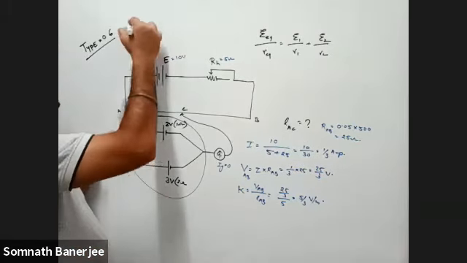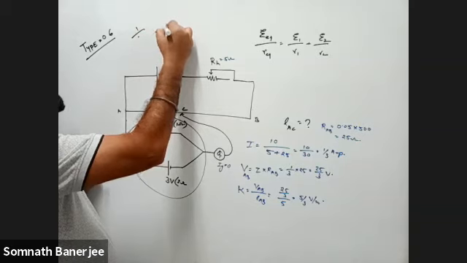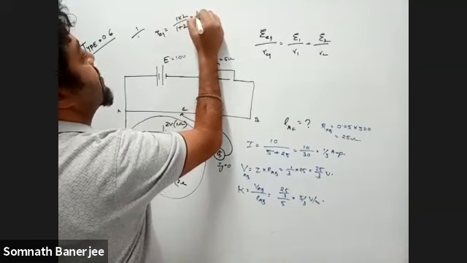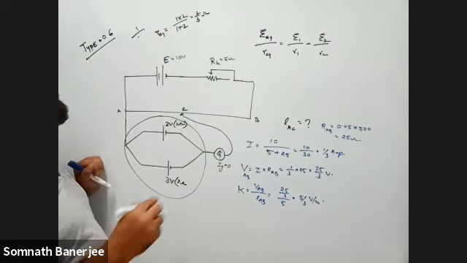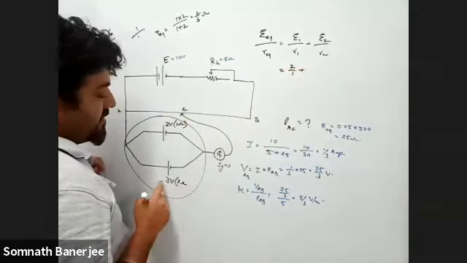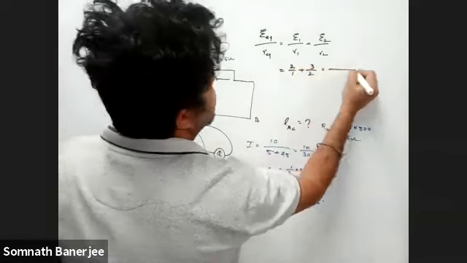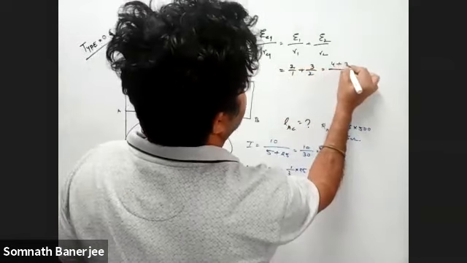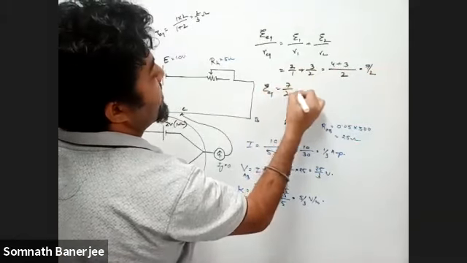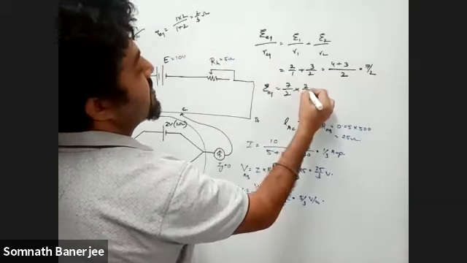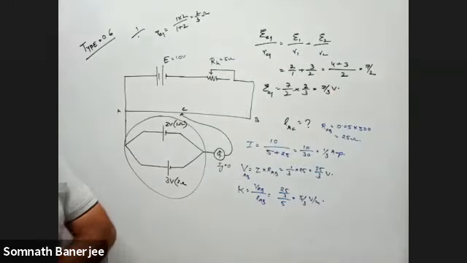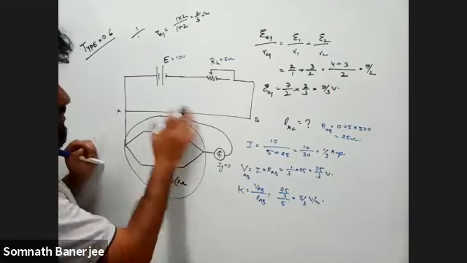What about the equivalent resistance? You can use directly because you have two resistances. So 1 into 2 by 1 plus 2, that is 2 by 3 ohm. So now you can use it. First cell 2 by 1, second cell 3 by 2. Take 2 as the LCM, 4 plus 3, that is 7 by 2. EMF equivalent is 7 by 2 into R equivalent, and R equivalent is 2 by 3. So you have 7 by 3 volt, which is the EMF of the secondary, this overall equivalent.